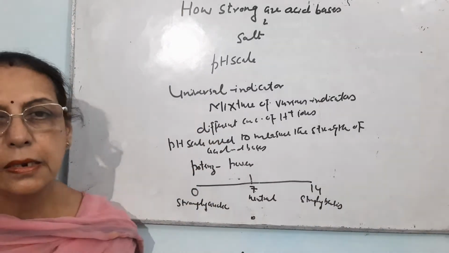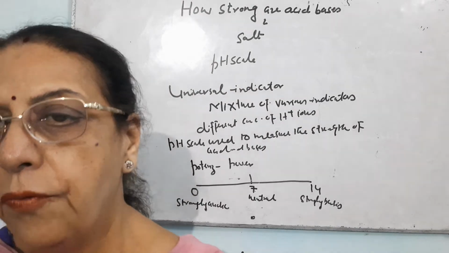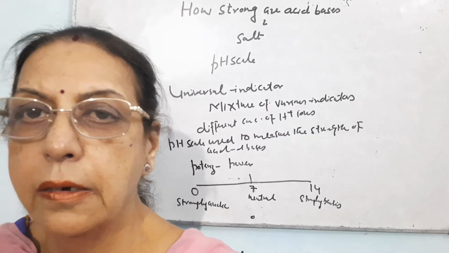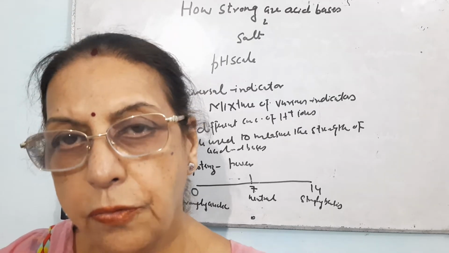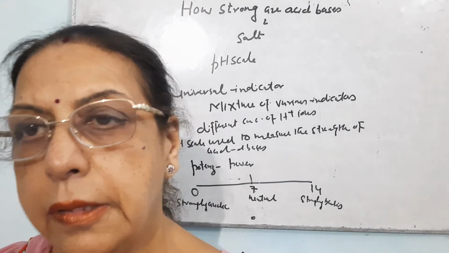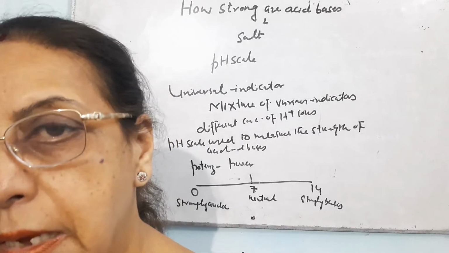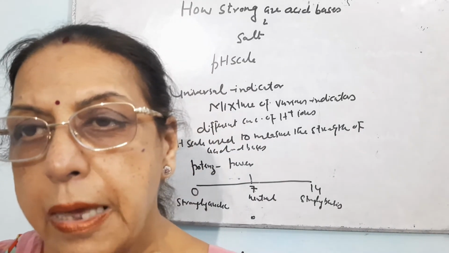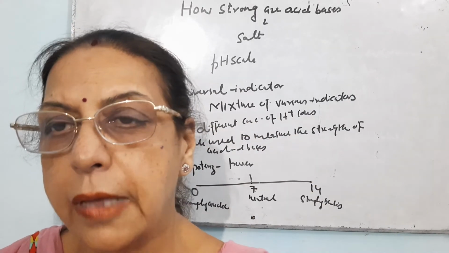Now, what is the need to study pH? We use so many things where we require pH, like the shampoo we use. If its pH is not measured properly, it will burn our hair as well as skin. All cosmetics have a specific pH. There are a large number of substances and ointments which we use. Their pH is measured so that they are not harmful for the skin.